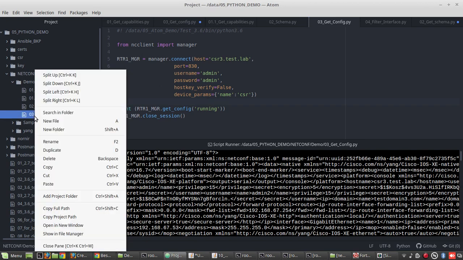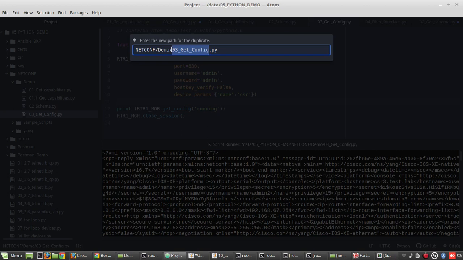So I'll copy the previous code. I'll rename this to 04 filter hostname.